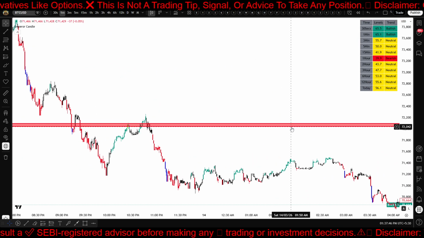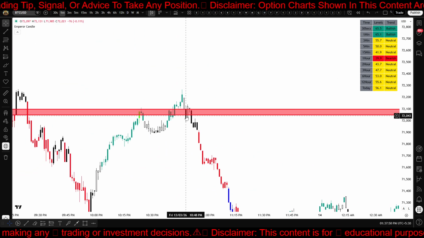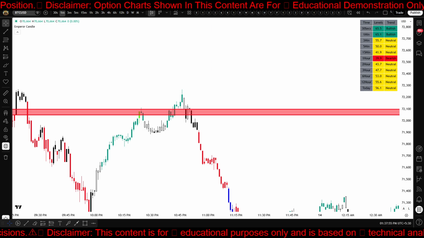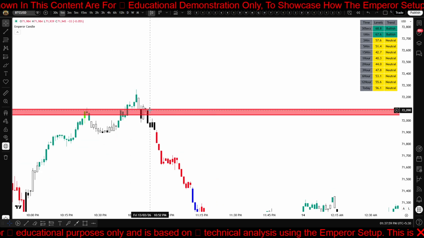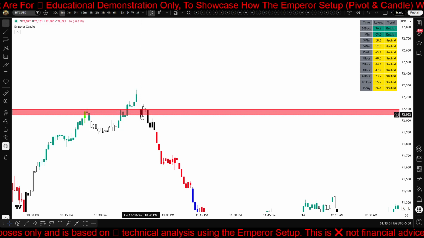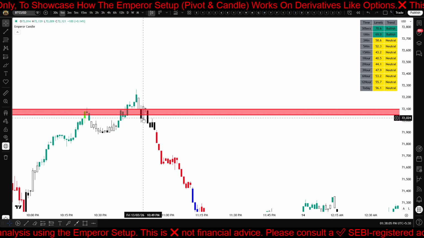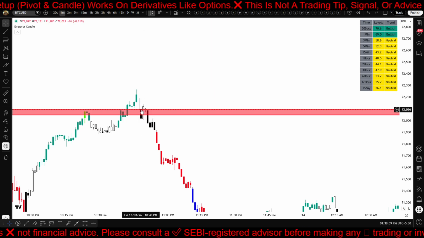So when the candle got closed below this line, the candle must be a black candle or a red candle or an inverted hammer near the zone. Like as you can see over here, there is a black candle also and a red candle also. So black candle, if the candle got closed below this black candle, you can set your stop loss as the setup has given already built in,